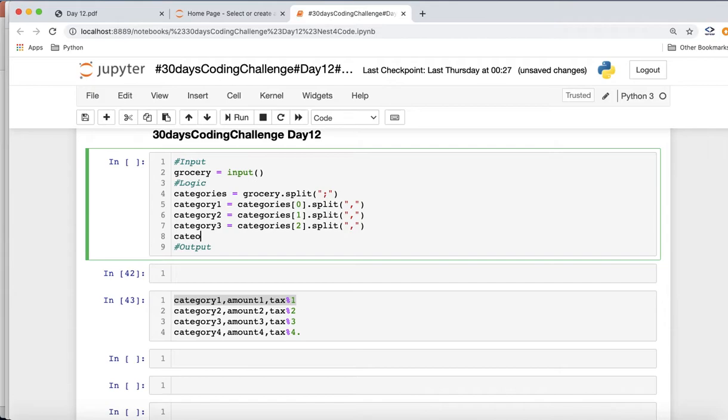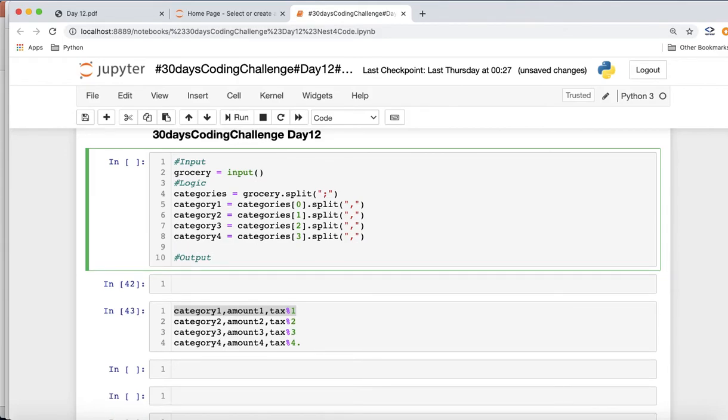And we can get the category 4 also, right? And we will give comma here, right? So we got all 4 categories data. Now it's time to compute the amount for one category, second category, like this, right? Okay guys, so we can compute the total final bill also, we can compute one by one also. So I'll show you one by one first, right?